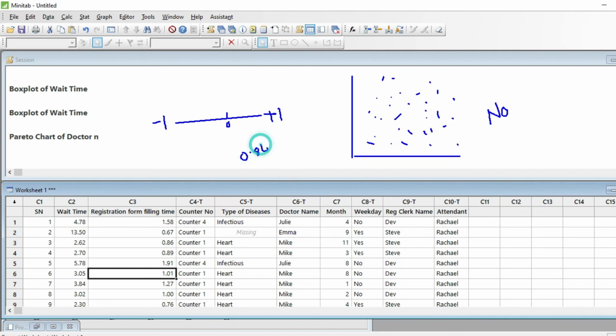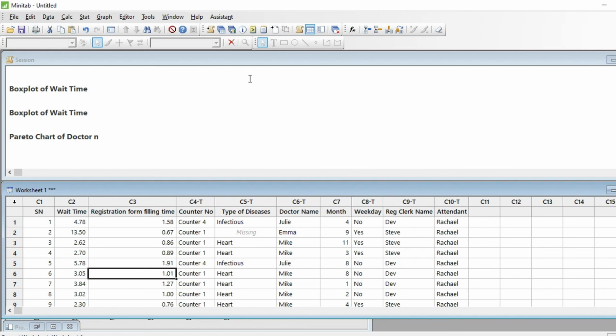So if I say the correlation between two variables is 0.86, this means we have a strong positive correlation. If my value is negative 0.95, which is close to -1, then I would say there is a strong negative correlation between two variables. For more details, you can wait for my exclusive video on correlation and regression later on.